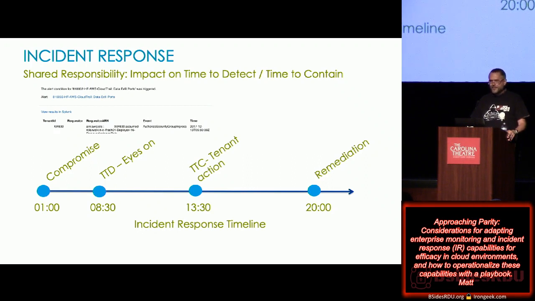Now, of course, there may be examples where the numbers will turn out differently. Of course, shops can often bring forensic capabilities to bear if the case warrants it. But that doesn't happen for every incident that we detect. In some cases, it's simply remediate, get the tenant back to a known good configuration, and then drive on. But think about this timeline for the next examples that I'll share with you.